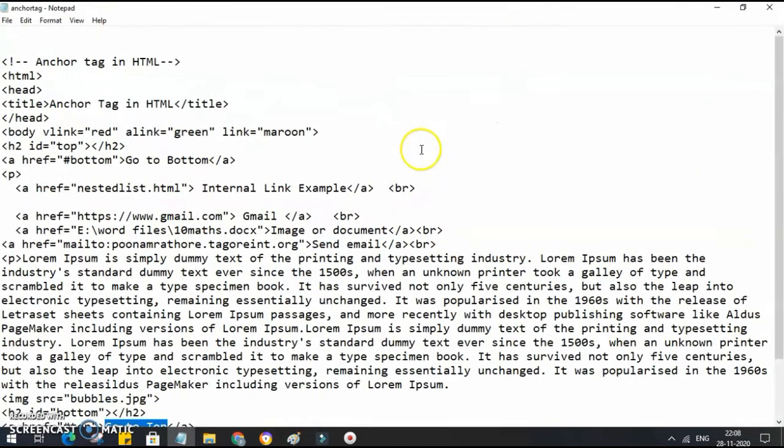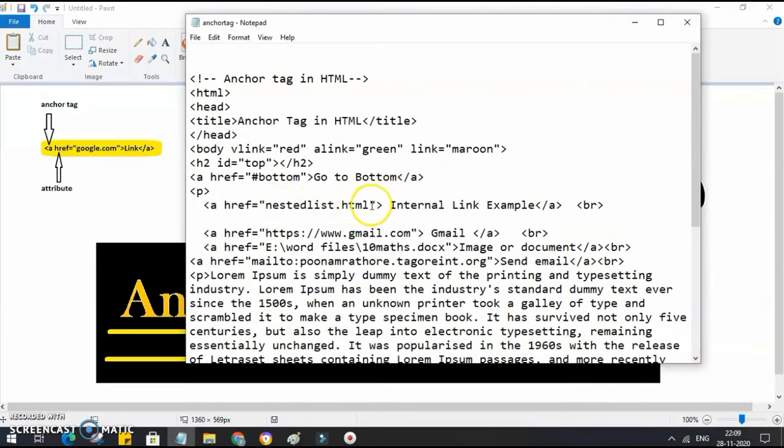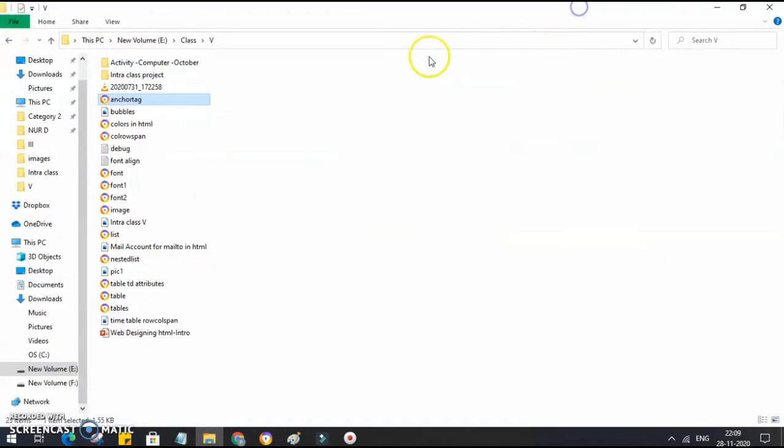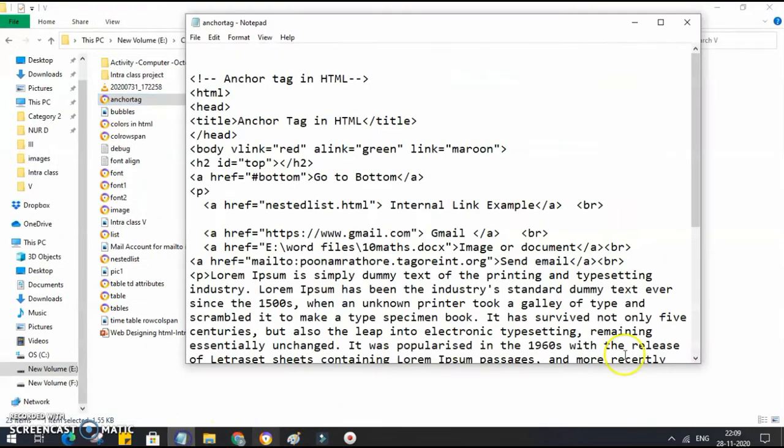Nested list, as I told you, I have created this web page already. So to interlink different pages of the website, you use this. Now it's better to keep all the web pages in the same folder. You can see the name of this particular web page is anchor tag, and then I'm using another web page over here.